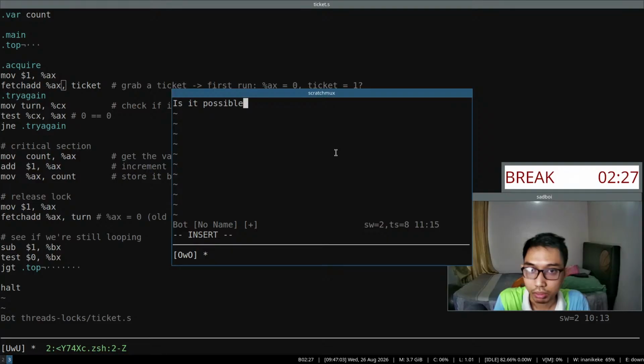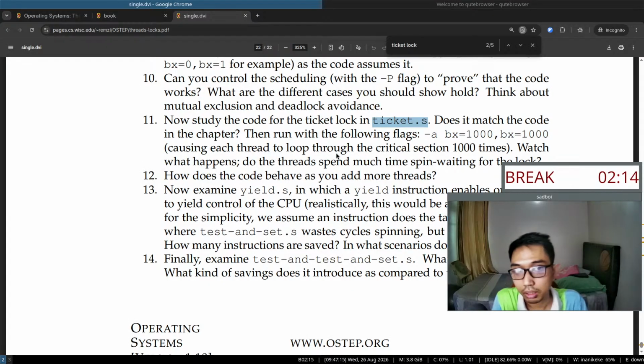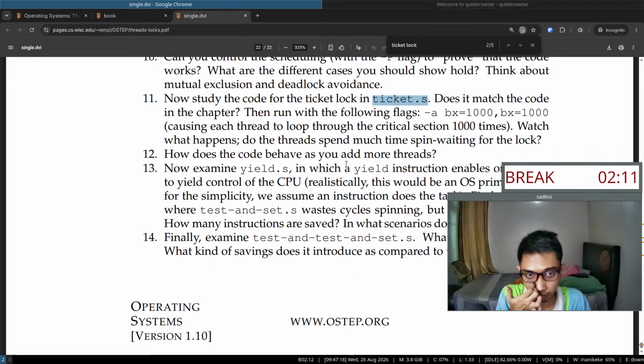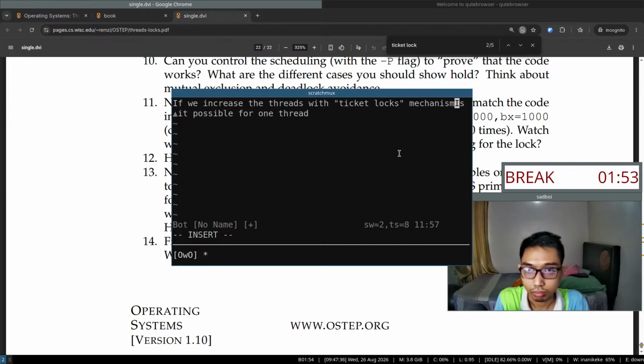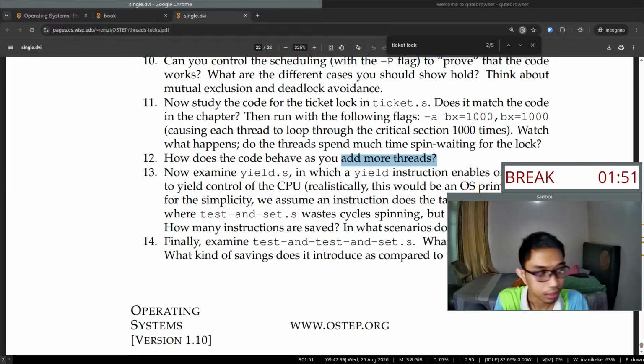Is it possible for one thread, if we increase, I think, add more threads, if we increase the threads with the ticket locks mechanism,